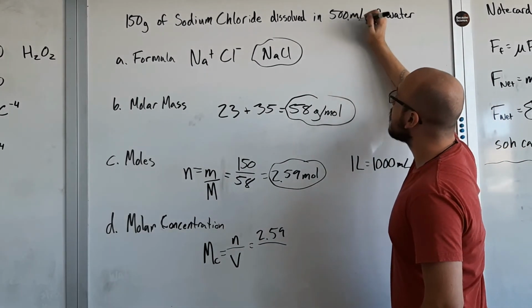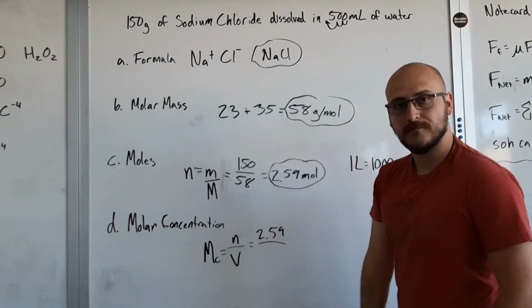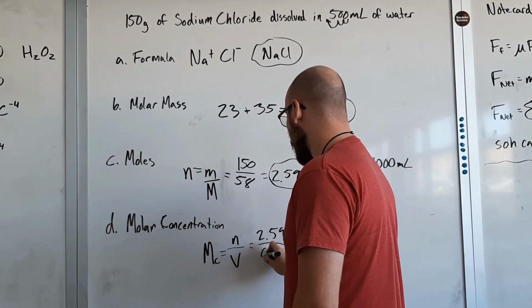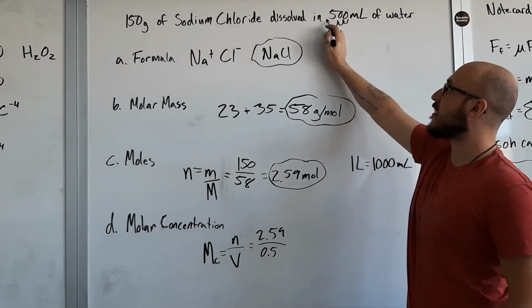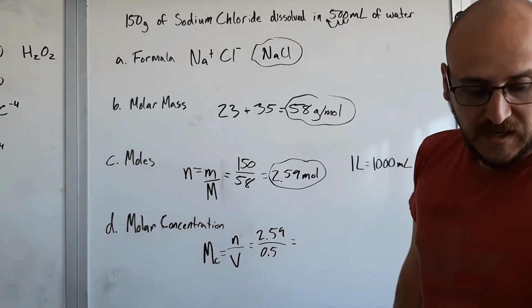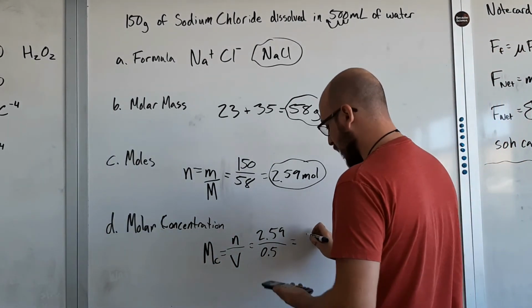Take your decimal point and move it 1, 2, 3 times. Okay, so our volume, not 500, 0.5. Okay, we moved our decimal place in front of the 5. All right, so from there, we're just plugging and chugging. All right, that'll end up giving us a molar concentration of